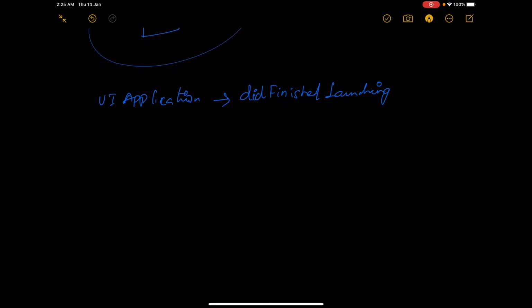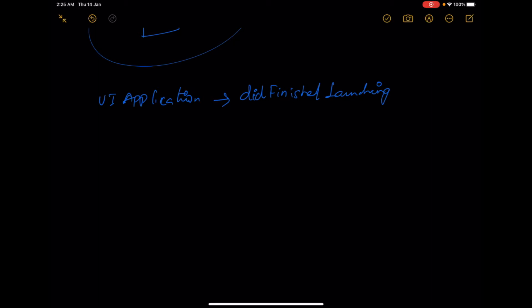For instance, a UI application has one method called didFinishLaunching.